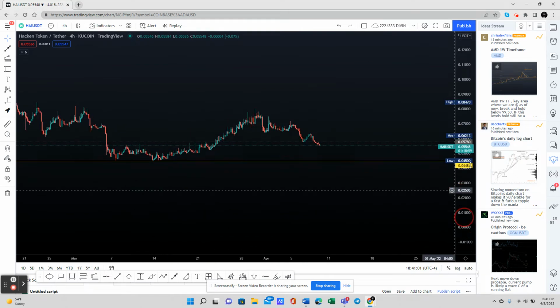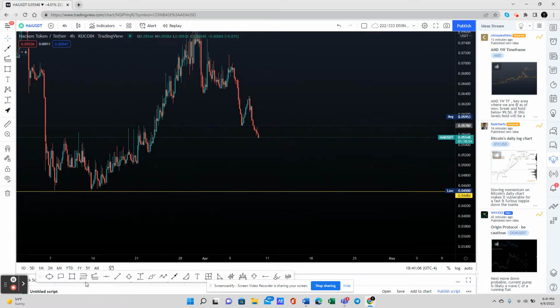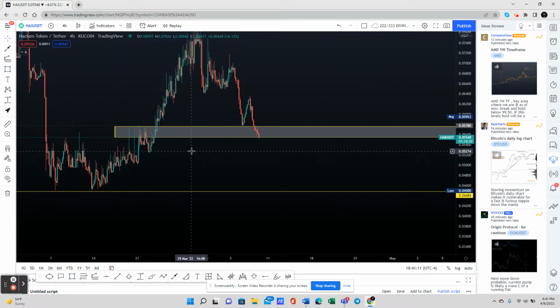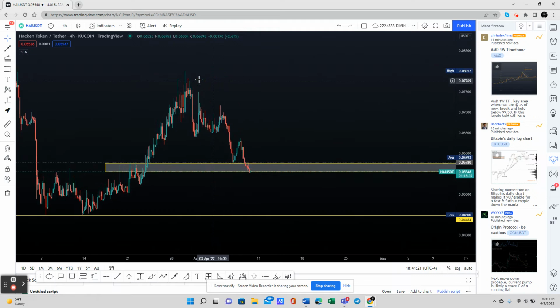All right, so hacking is back at key levels. So that's just a nice little zone here for accumulation. So look at this. You got a low, higher high, higher low, another higher low, lower low, higher low, lower low. So we'll see if we get another higher low